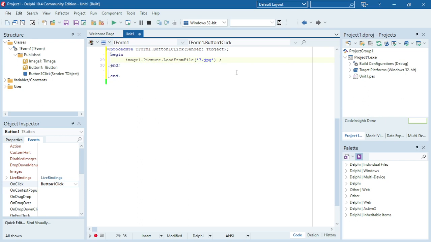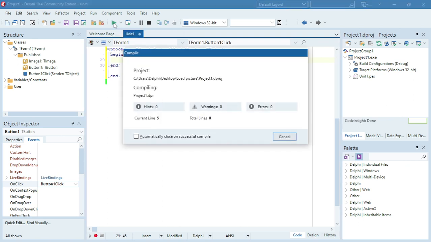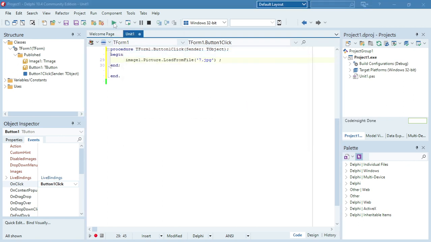If the file is saved in a different location, let's say the D drive, then you will have to specify the path of where your file is saved. Okay, mine is in the same default location, so I'm going to leave it 7.jpg, and then I'm going to run my program. And when I click on the button to load in the picture,